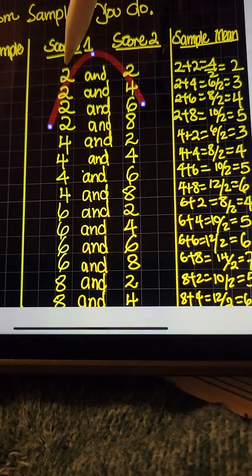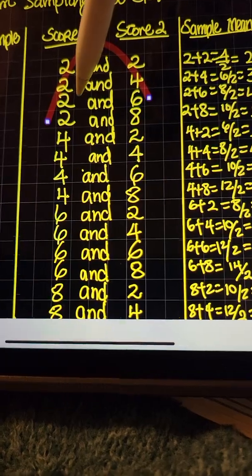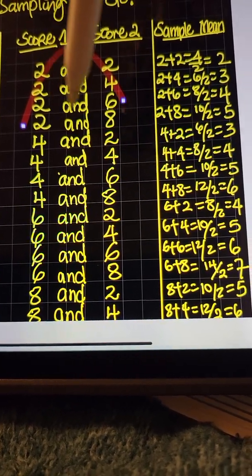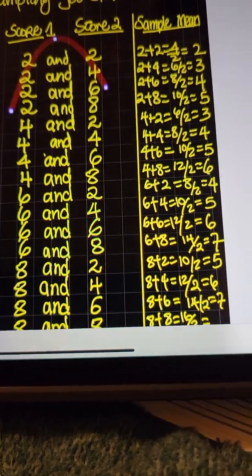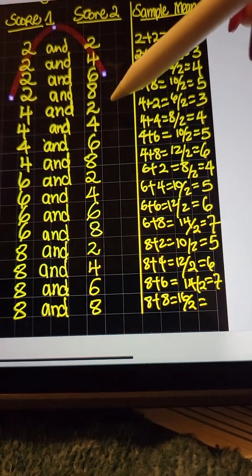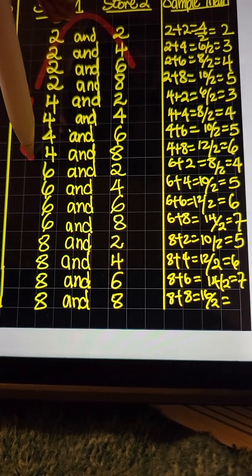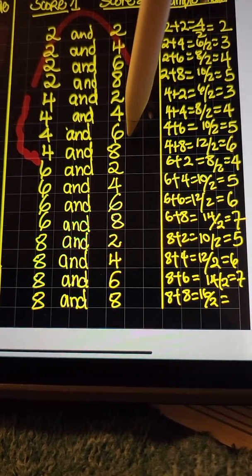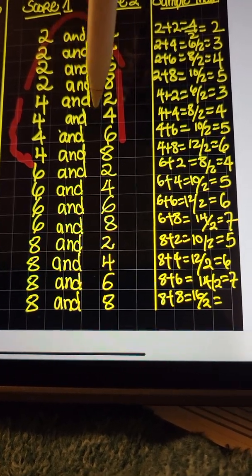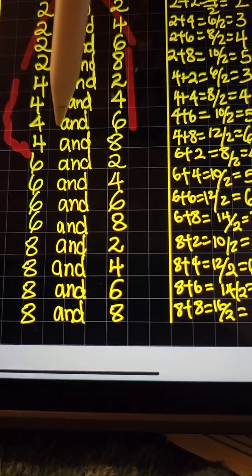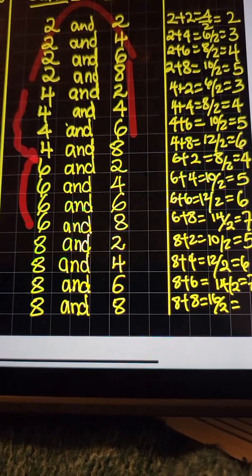which is: you can draw 2 and 2, you can draw 2 and 4, you can draw 2 and 6, you can draw 2 and 8. The same method is being repeated down this way. So watch. This is a 4. The same way, you have 4 combinations that you can get of 4: 4 and 2, 4 and 4, 4 and 6, 4 and 8, and then the same thing repeats for value